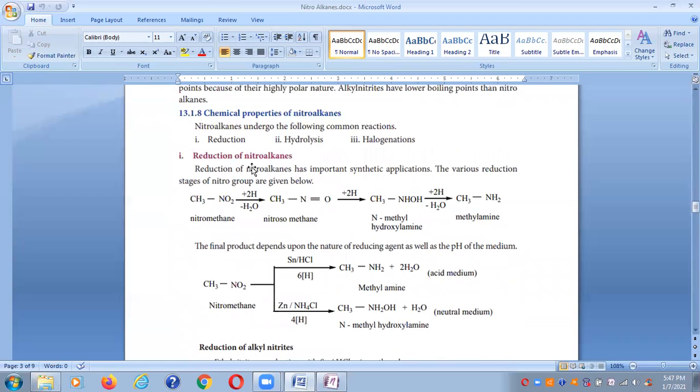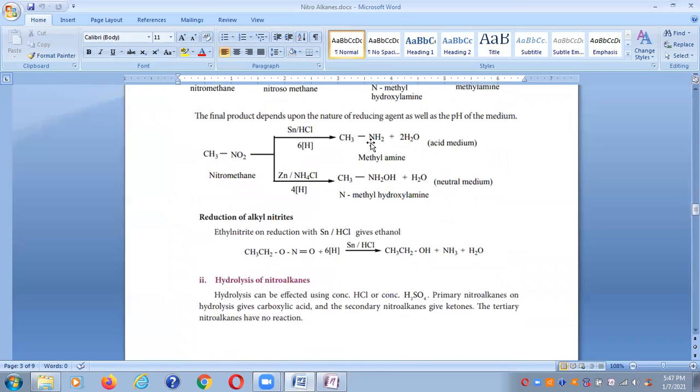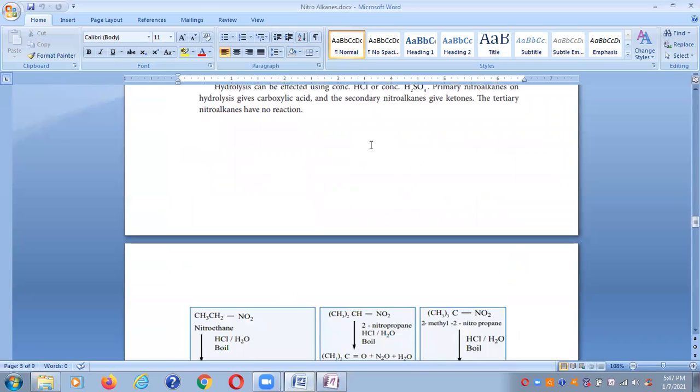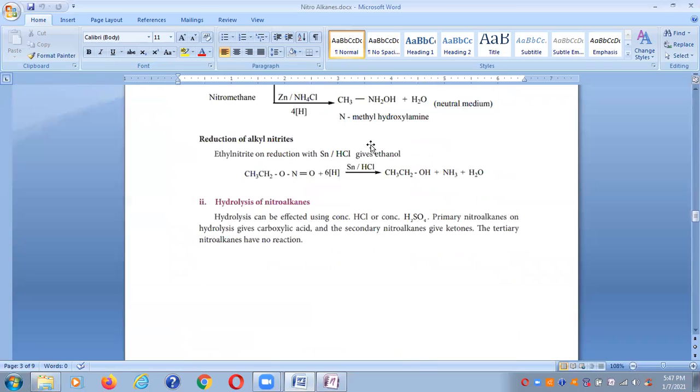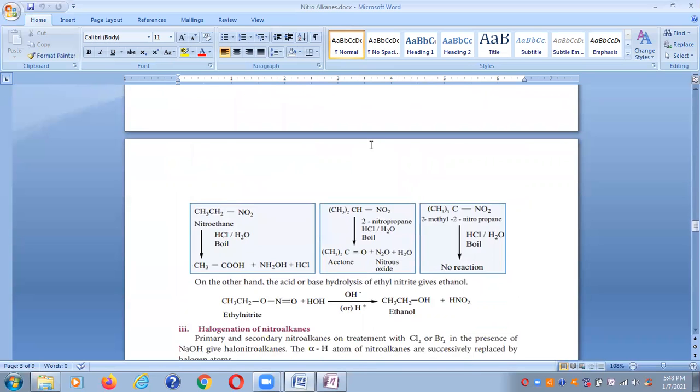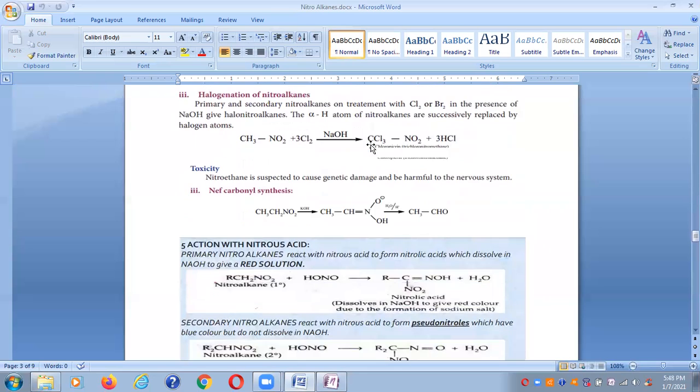Under chemical reactions, we specifically learnt about three types of reaction: reduction, hydrolysis, and halogenation. Hydrolysis can be executed by two methods. One is by taking nitroform, and the second one is by taking aciform. Hydrolysis of aciform is also known as the Nef reaction. Then we discussed one more important method, which is generally used to separate amines from